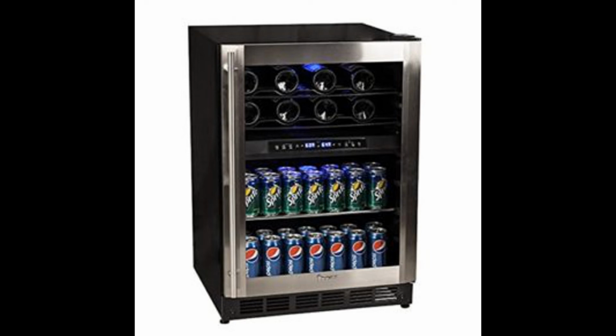When you see features like dual temperature zones, you expect to be able to enjoy your favorite drinks as cold as you like them. Add to that a compact design with transparent glass door, stainless steel handle and frame, removable grill, digital temperature display, and user-friendly controls, and you have the image of a great product. Unfortunately, high expectations bring about huge disappointments, and this seems to be the case with Magic Chef MCWB